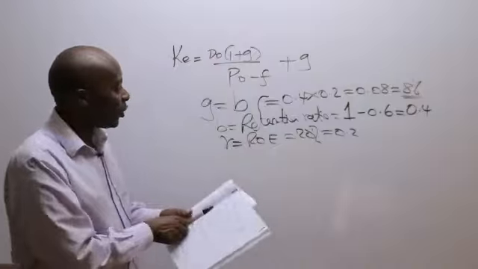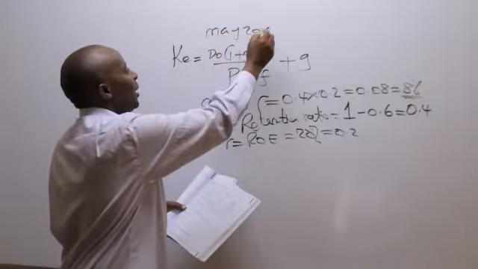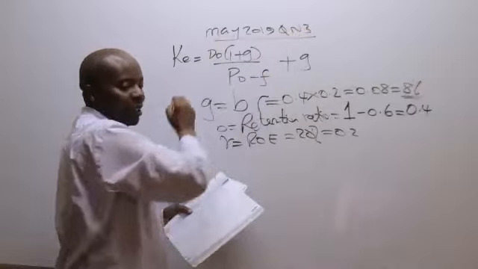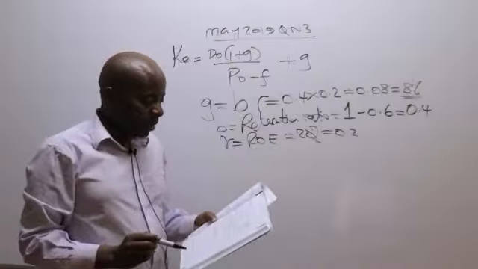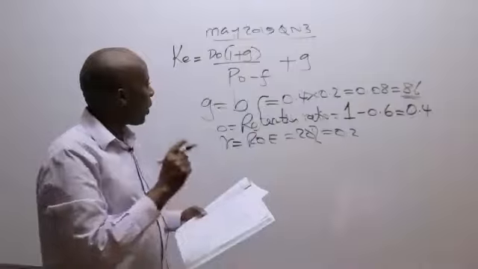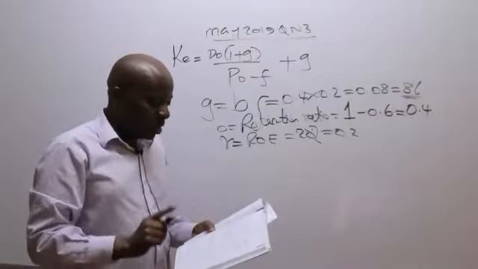Looking at May 2019, question number 3. So we have already written the cost of equity formula because in requirement number 1, they wanted us to give them